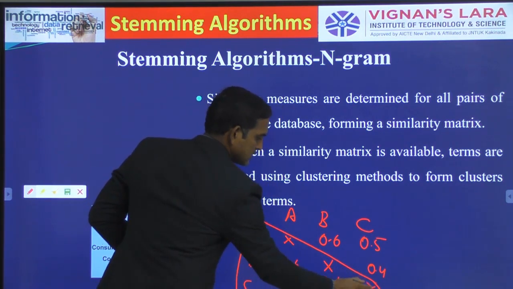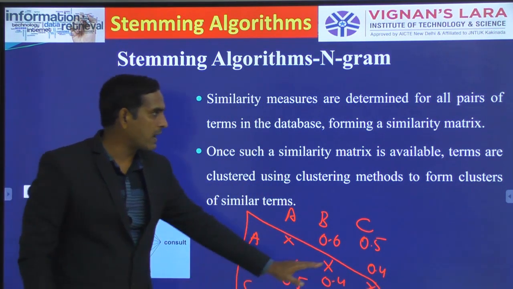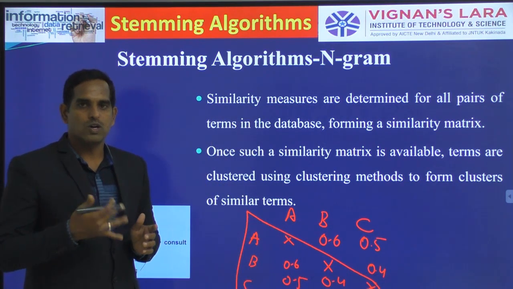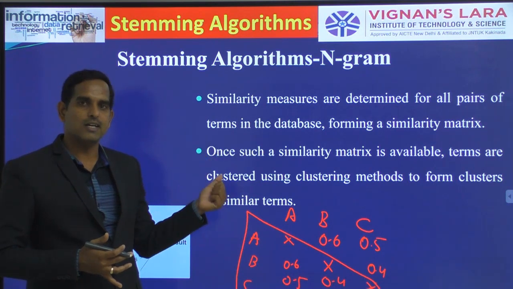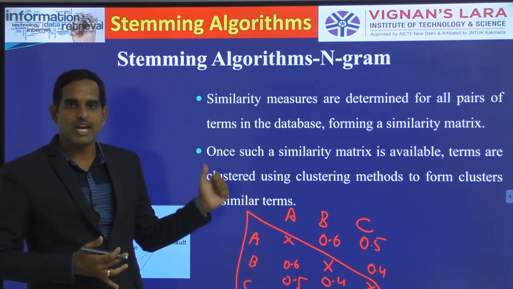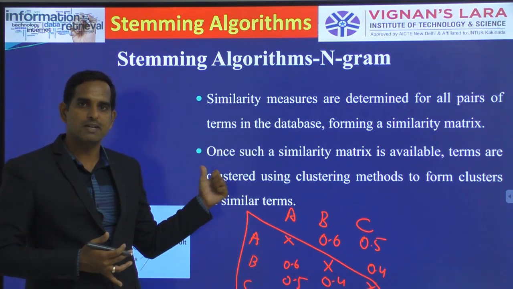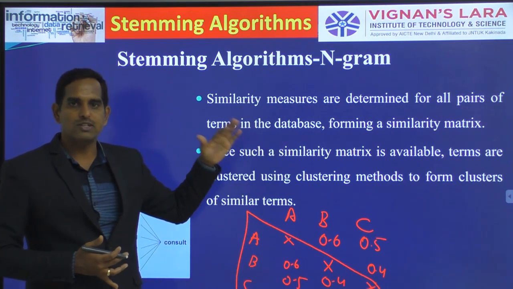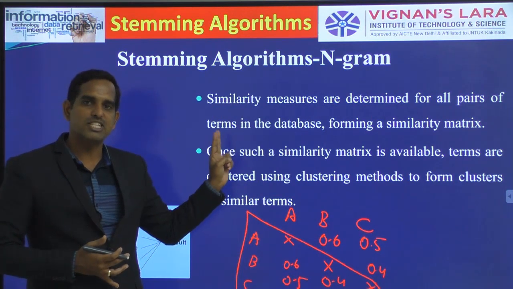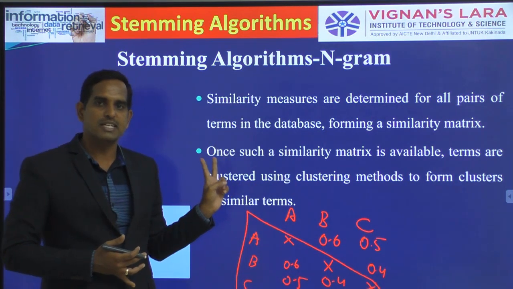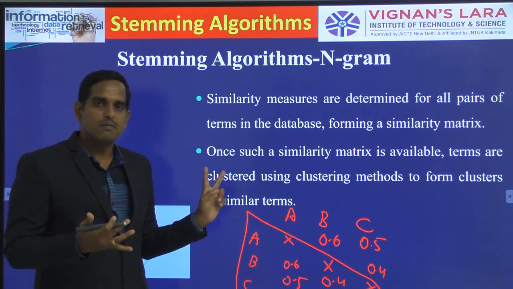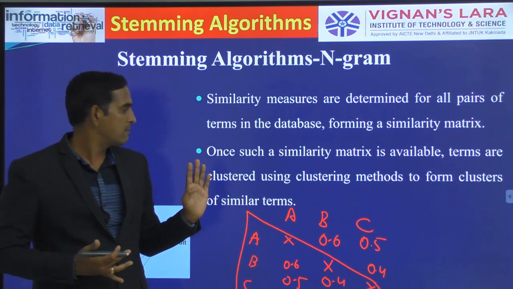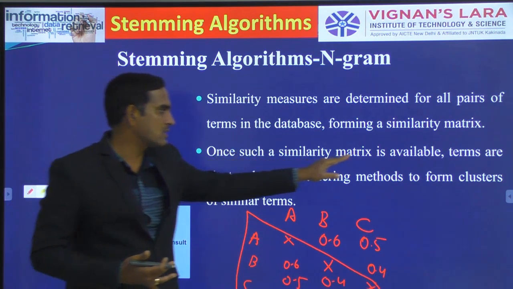Okay, instead of taking the complete matrix, we can take either the upper triangular matrix or the lower triangular matrix. Okay, this particular matrix we will form by using the similarity measures. So what you are trying to do, you are trying to take the digrams and the unique digrams. From those digrams, we calculate the similarity measure by using the previous formula. From that similarity measure, we try to calculate the similarity measure between every pair of words present in your database. From those similarity measures, we create your complete similarity matrix. Okay, one such matrix is available.